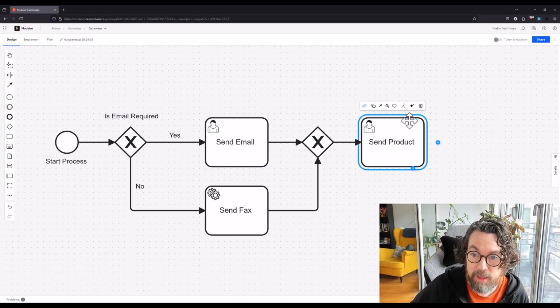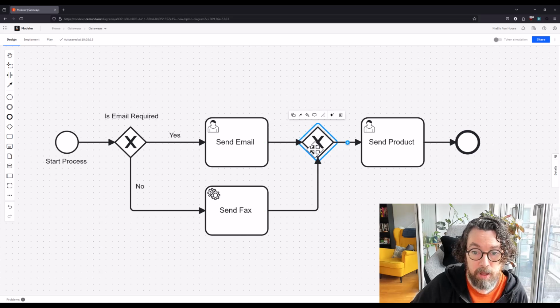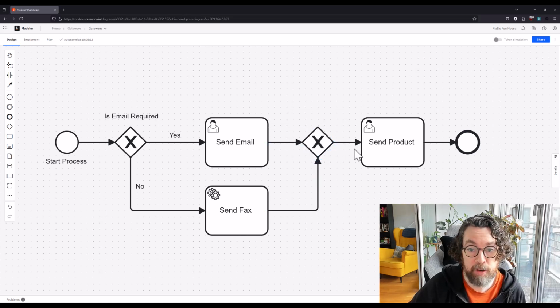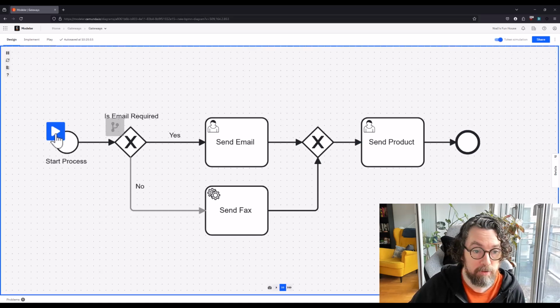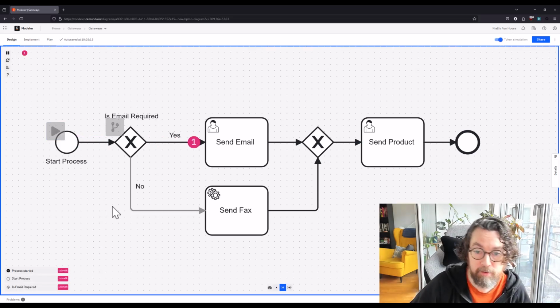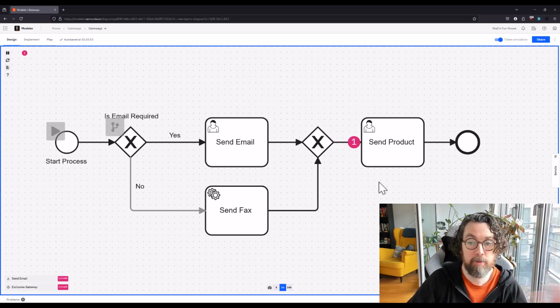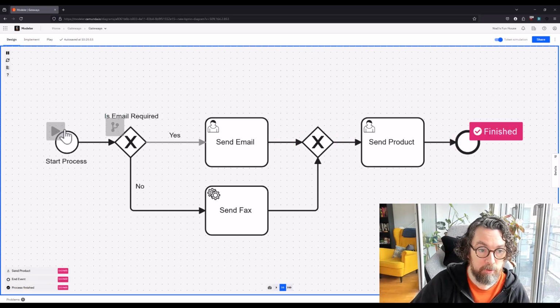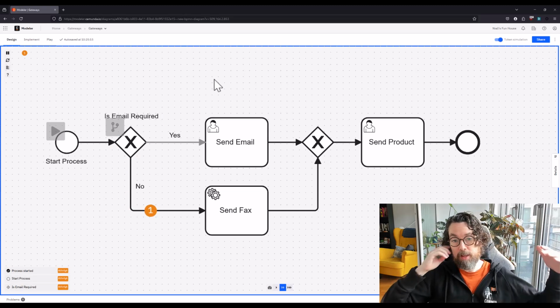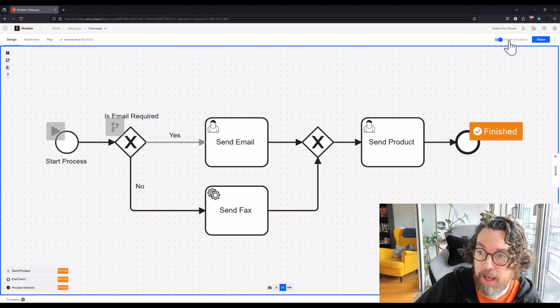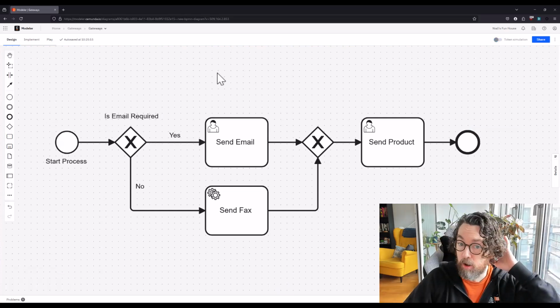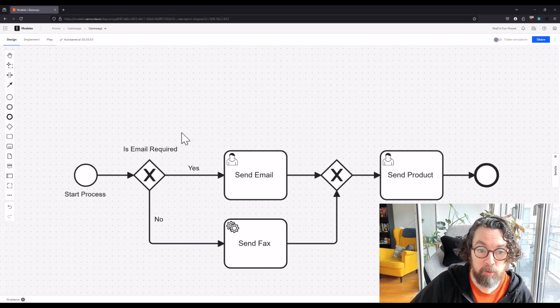So in this case, we can see that this takes in 2 flows, and then there's one exit. So it doesn't need a label. It doesn't need to evaluate anything. Instead, what it does is no matter which way we go from this gateway, it will then end up going to products in the end, even if we go the other direction as well. So it's a way of like merging 2 flows together. Great stuff. And we can also have multiple ways of